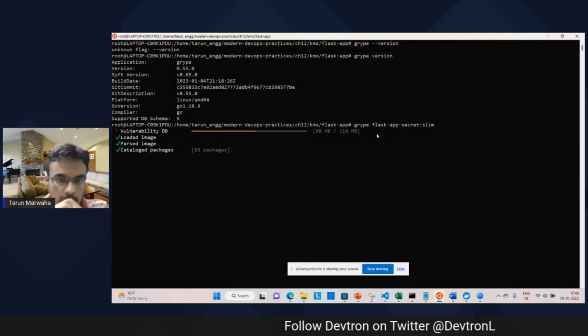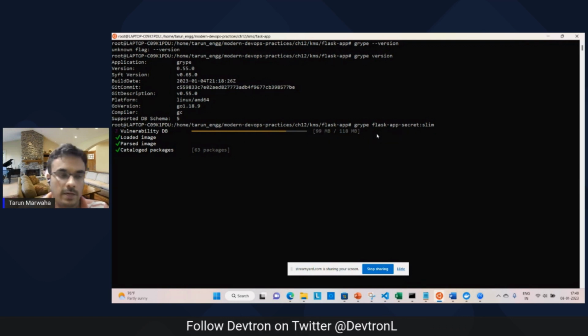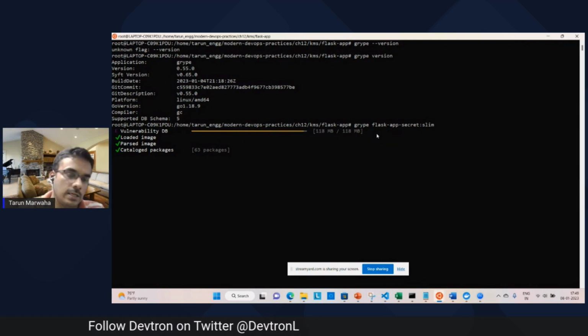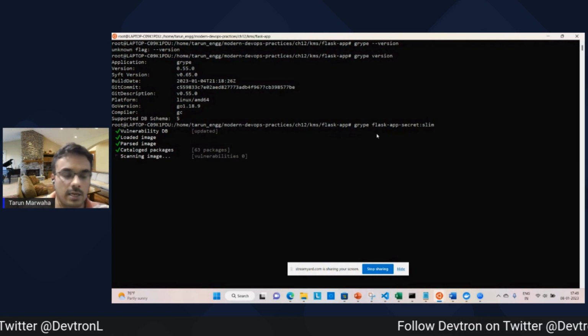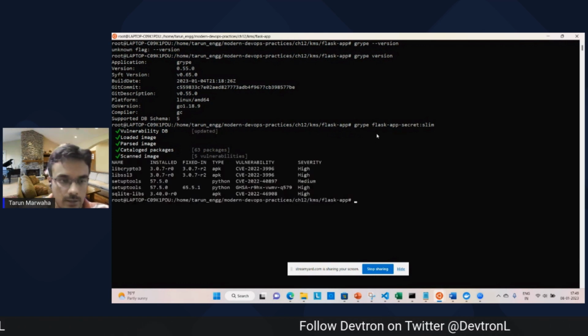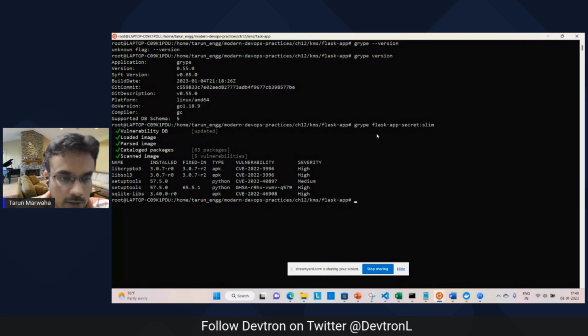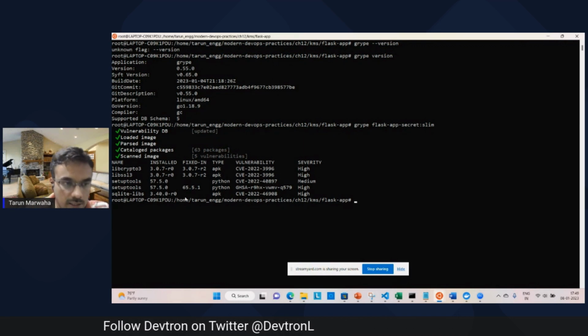This, because I've already pulled up, and this will now show the vulnerability DB. It was there in the other tool, Trivy, as well. Vulnerability DB is there in all the tools, this is what I believe. It's there in all the tools, so that's how it's been listed here. So